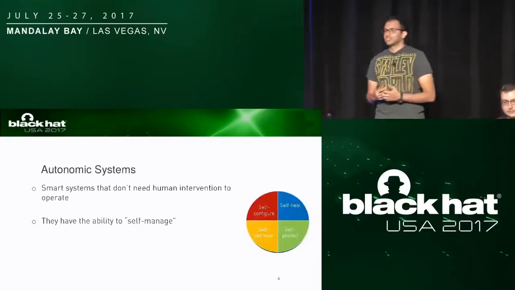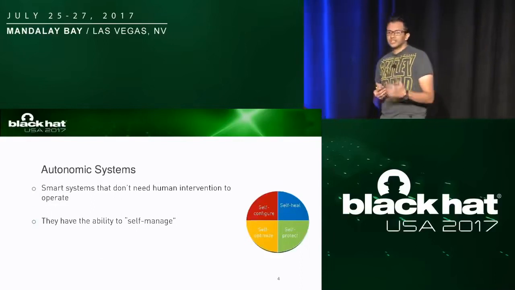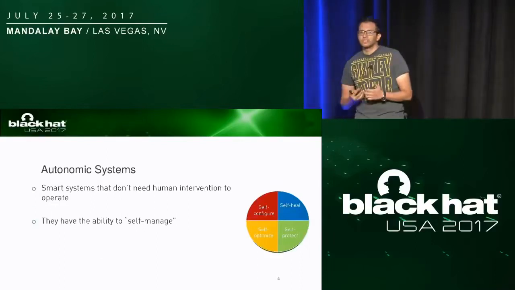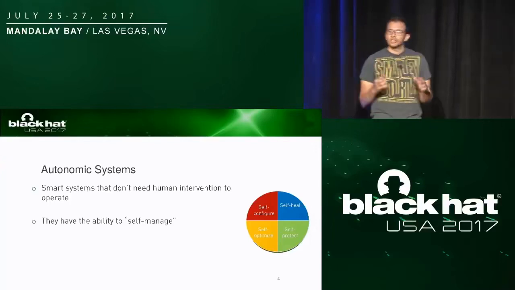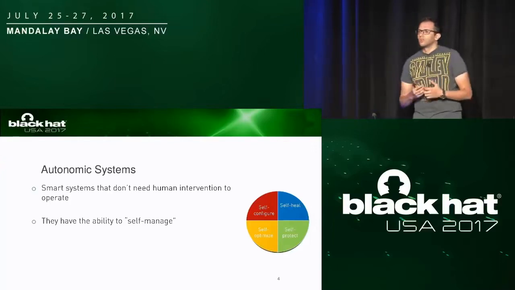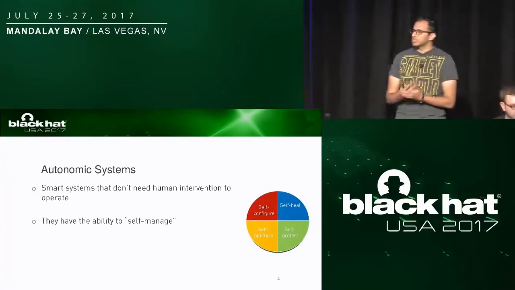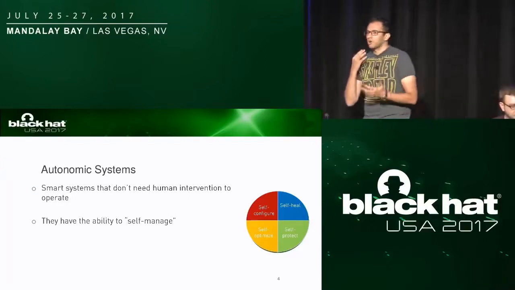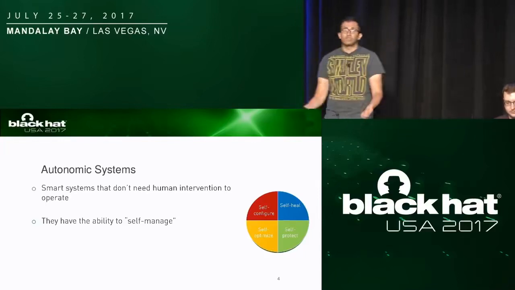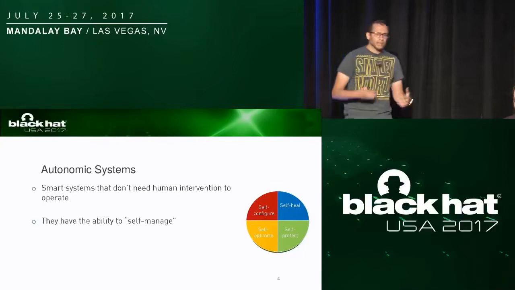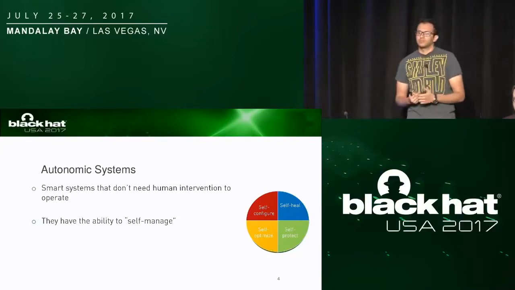So how did it start? In 2001, IBM had this idea that systems are getting more and more complex by time, and it would be nice if we have systems that are smart enough to manage themselves. Well, what does that mean? They had the idea that we want systems that can optimize themselves, optimize the running resources, configure themselves. You don't need to configure anything in it, and also secure itself. It knows what the attacker is coming and stops it.